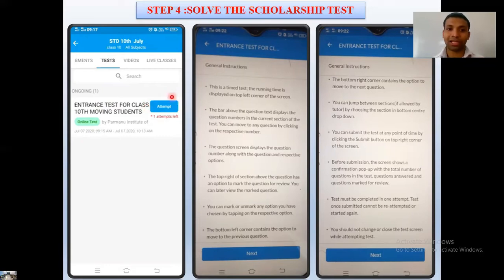If you are not assigned our test, you can contact us saying, sir, I am not able to see my test. You can click on attempt, then you will get all these general instructions. From this step onwards, you cannot take screenshots. I have captured these as photos from another mobile. Now henceforth please solve the test very sincerely. Please do not use any cheats or etc. All these are general instructions.